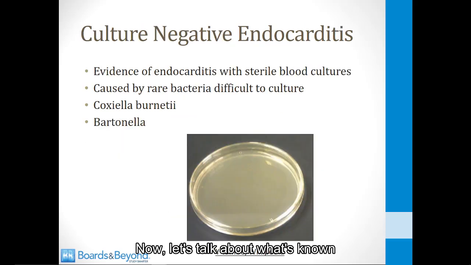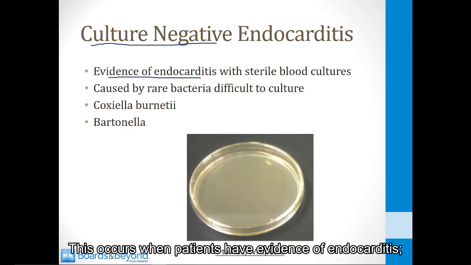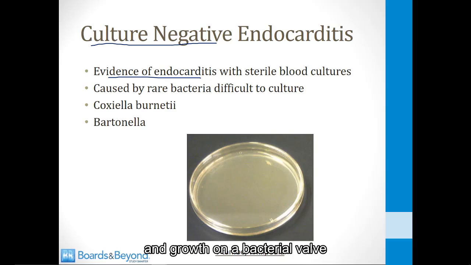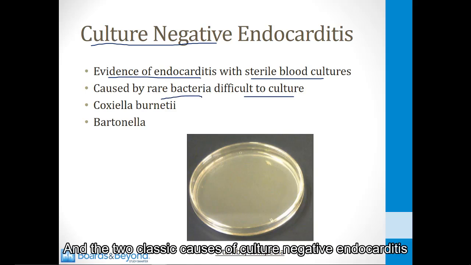Now let's talk about what's known as culture-negative endocarditis. This occurs when patients have evidence of endocarditis, for example, a new heart murmur and fever and growth on a valve that you can see by echocardiography, but the blood cultures are sterile, meaning bacteria do not grow. This is caused by rare bacteria that are difficult to culture, and the two classic causes of culture-negative endocarditis are